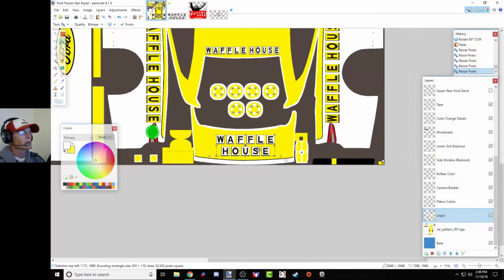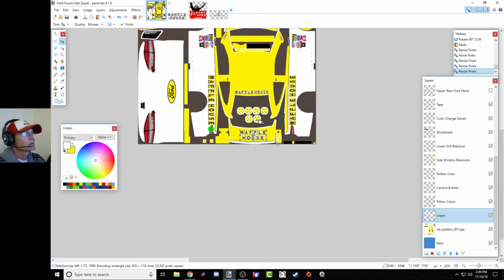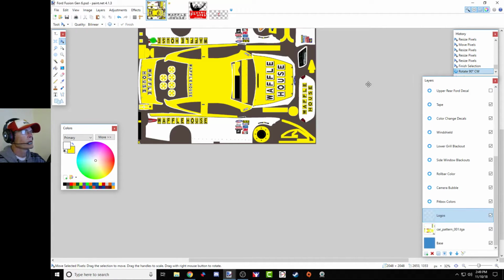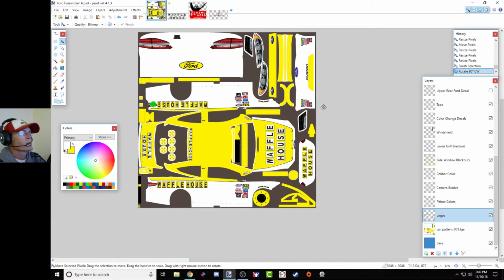I mean, you don't ever see that on track, but it's just one of those things. Image and clockwise. Again, you want it facing to the right. Okay. Now, and I'll have Waffle House right here on the back of it. So when this part right here will be right here. All right. Now let's go to our